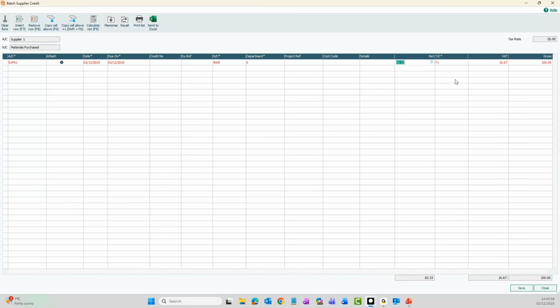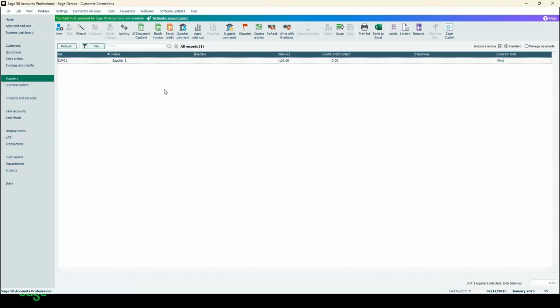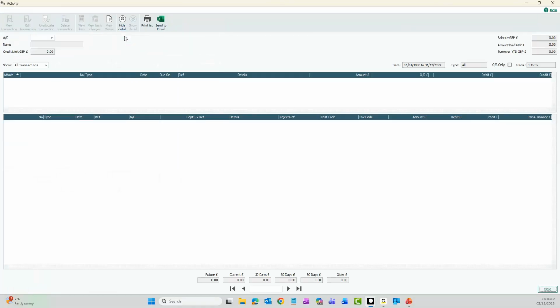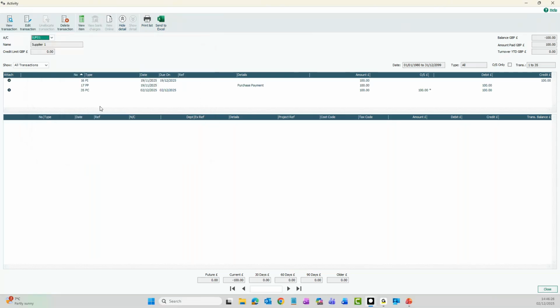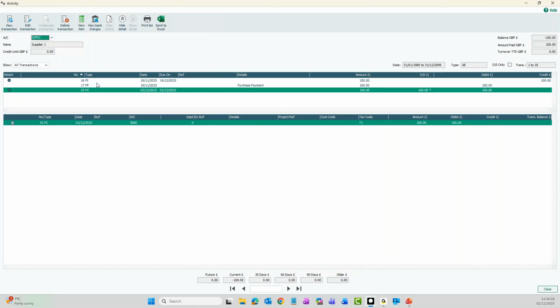I've used the same nominal code, the same tax code, so everything else needs to be the same when you're raising that credit note as it was when it was on the invoice. Okay, so I'm just going to click save, and then I'm going to close it. And we'll have a look at the activity now just to see what that looks like. Select my supplier. I mustn't have it highlighted when I'm clicking on that. So we can now see we've got the purchase invoice and we've got the purchase credit, which has reversed the